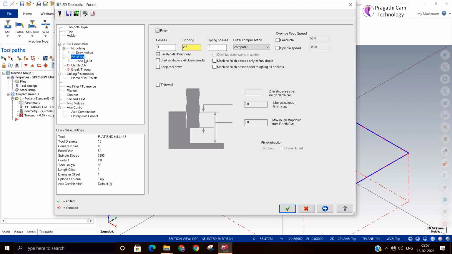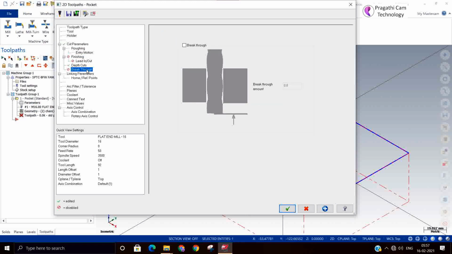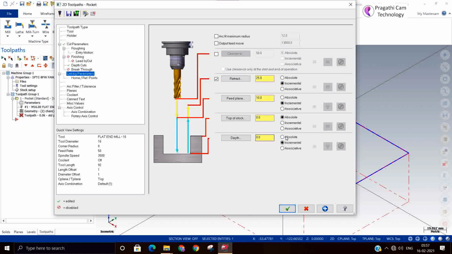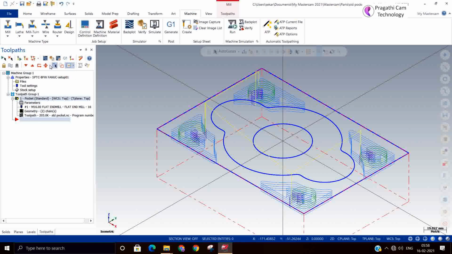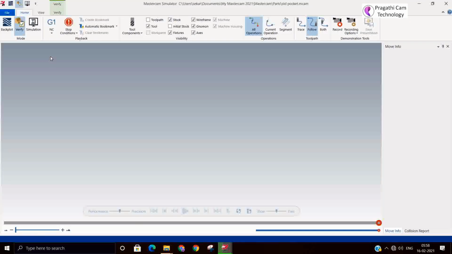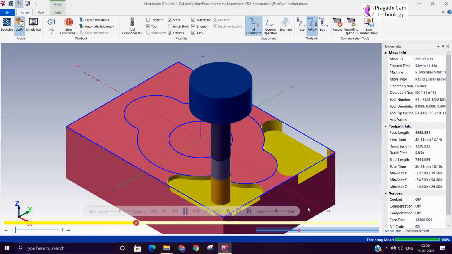So I will remove the finishing, depth of cut I switch on, and cut parameters here, linking parameter minus 10. So we can see that it has made the tool path, but all the corners it leaves the material.